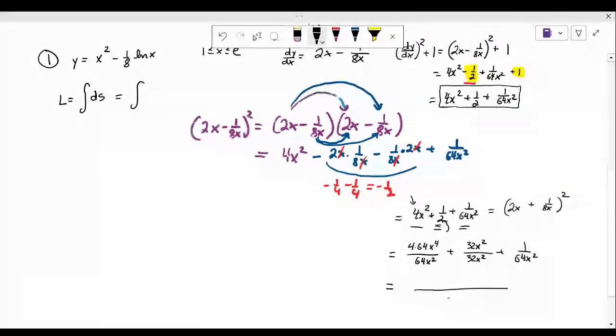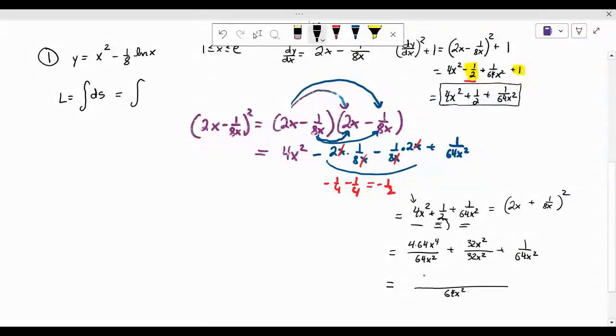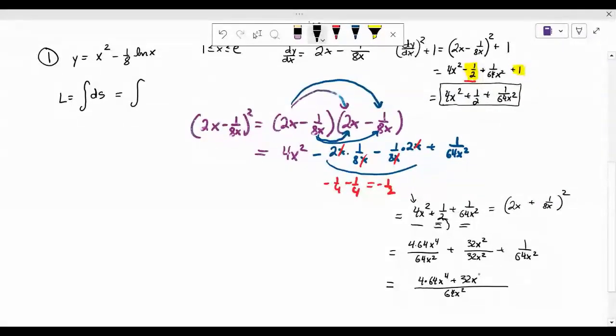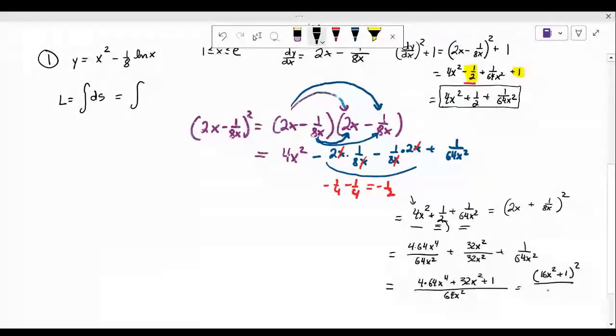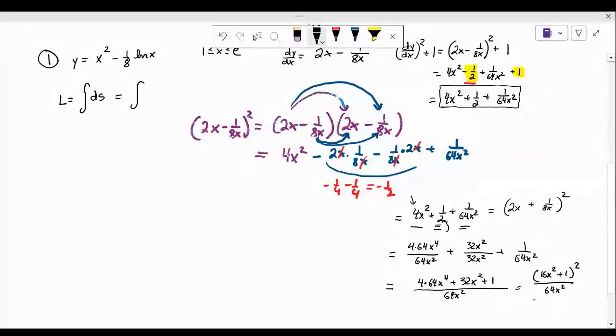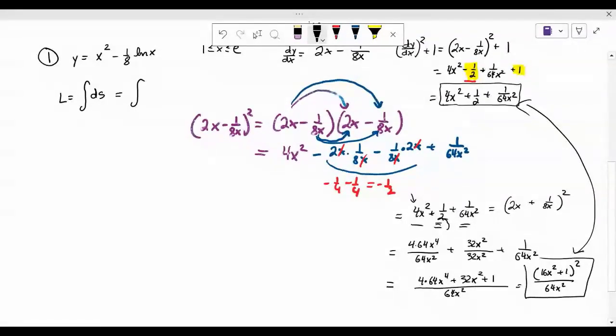So now that we have a common denominator, this is not really easier because you still have to notice that this is a perfect square in the numerator. That would be 2 times 8 is 16, plus 1 squared. You can confirm that that works. But in any case, whichever approach you took, these are equivalent, by the way. Just one is separated into 3 fractions. Once we have that,